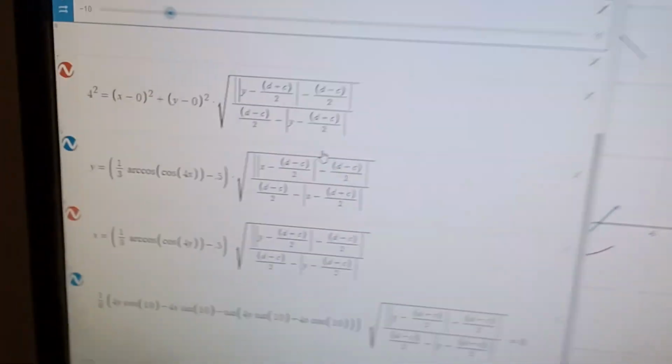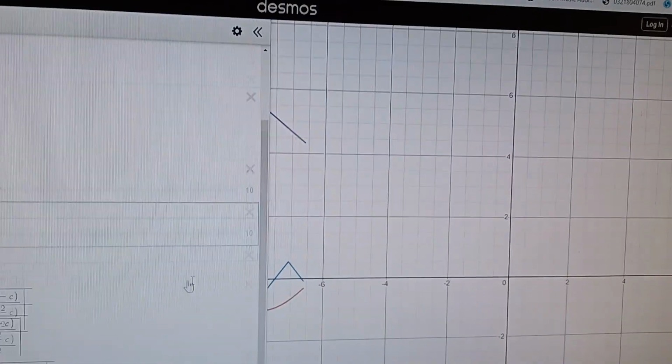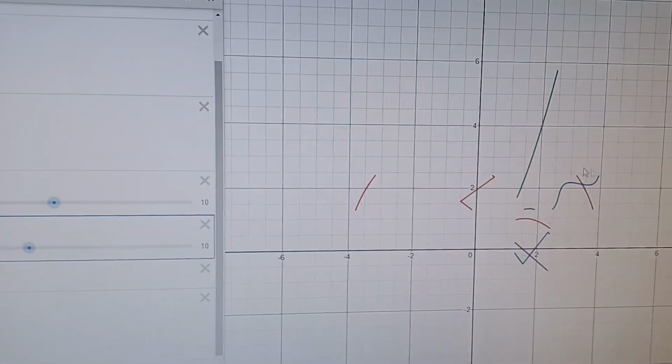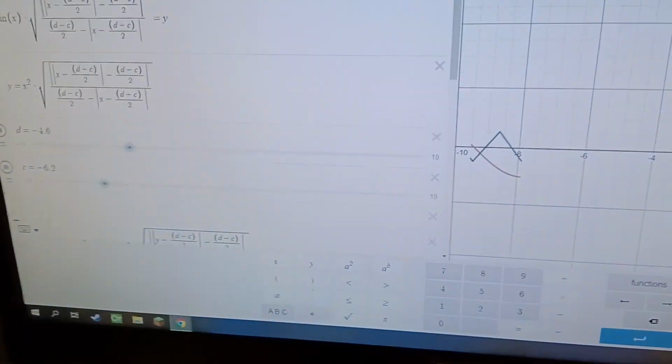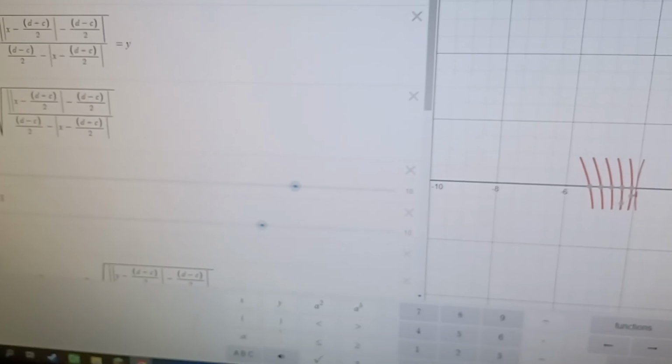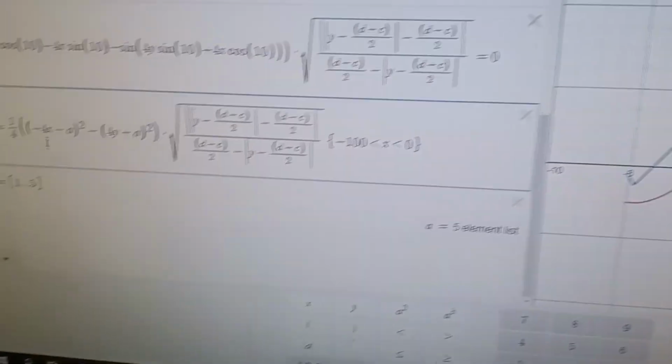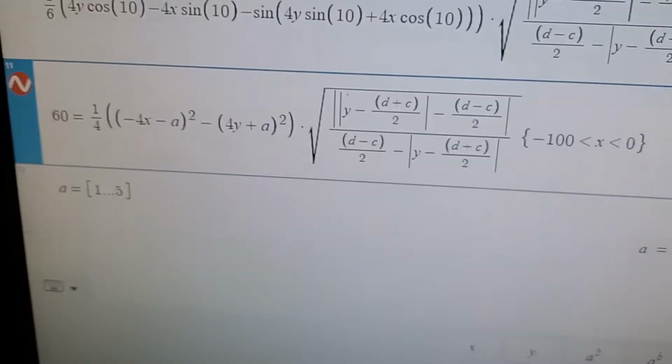Like how so many really weird equations can create this with two different sliders. Actually, I just got an idea. I'll be right back. Okay, so something that I figured out how to add is a function, which all this you don't have to worry about, but that has an element list right here, which means basically that